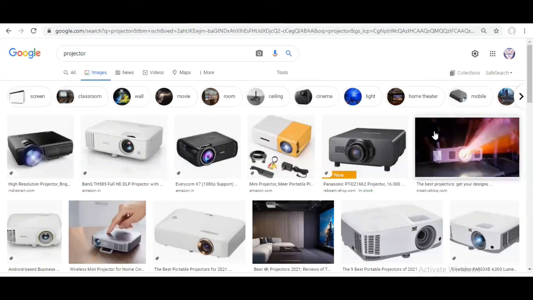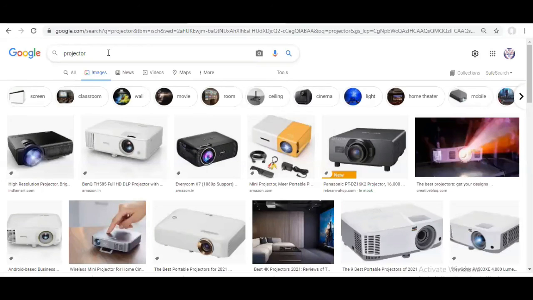Then 3D projectors are also there. So you can get a 3D effect in a movie using those 3D projectors. But this 3D effect is given only when the content is in 3D. We can't see everything in 3D, but if that video or photograph is in 3D form, then only